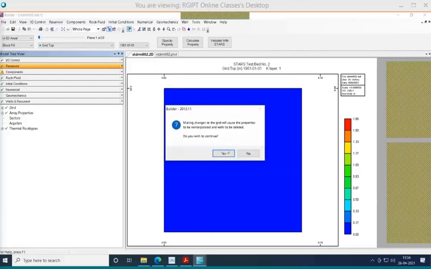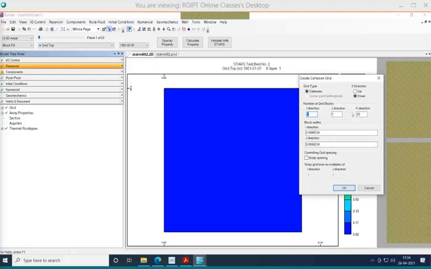So what would I do? I will have to specify it; the earlier dimension is already provided over here. Let us say I want 5 blocks in the I direction, and in the J direction also I want 5 blocks. I'm just taking it as evenly 5 into this much, and here also 5 into this much.